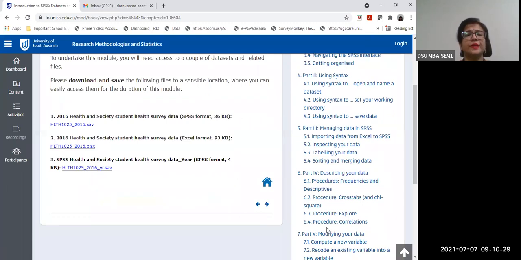Importing of data into SPSS, or SPSS data being exported back to Excel, the features are there and you can have a look at that. The main thing right now that we need to look at is how to enter the data, or how to get the data, and how to do the labeling and coding in SPSS so that the software can use it. There are also things given on the website which detail describing the data and how you use the different facilities for analysis, all of that.